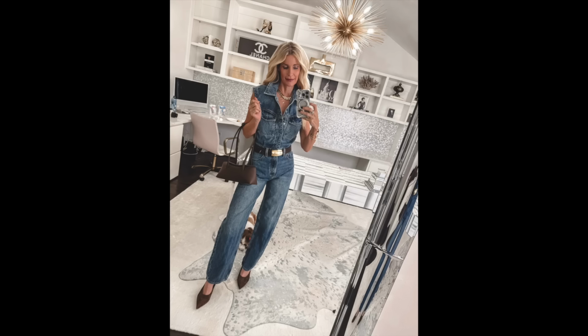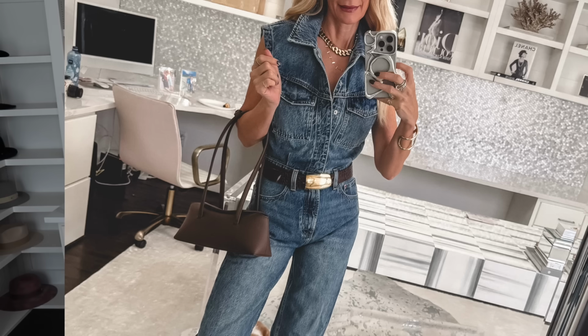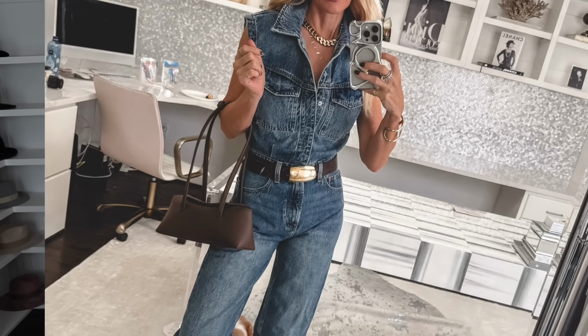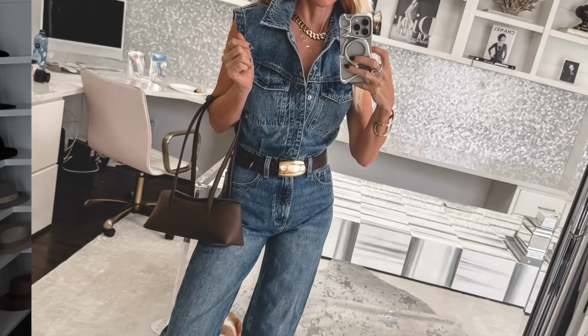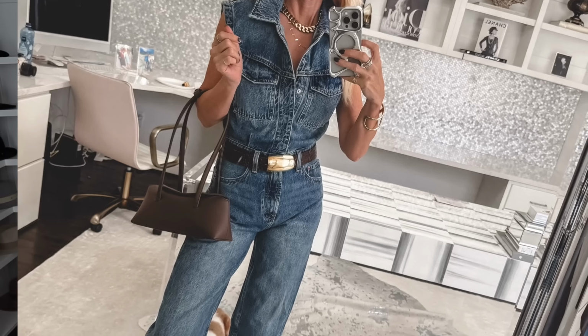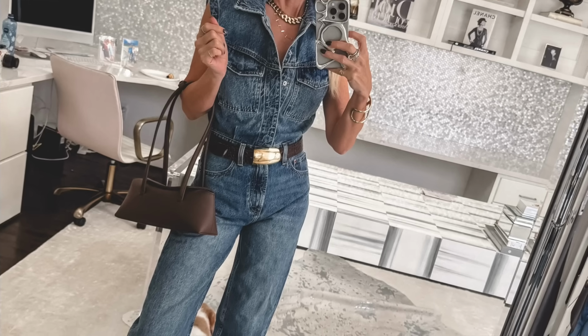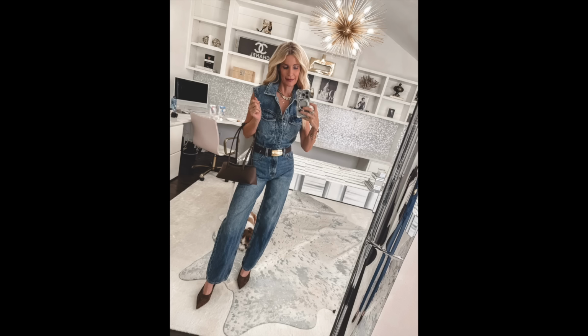Like when I put the jumpsuit on without the belt, I was like, you know what? It needs a little something, something. And this brown belt was perfect. It's got a really cool gold buckle in this gorgeous brown croc embossed leather. So incredibly chic, so on trend, and literally this belt goes with everything. And every time I put it on with my outfit, it just takes it up about 10 notches. So if you decide to grab this belt for yourself, I promise you it will elevate all of your outfits